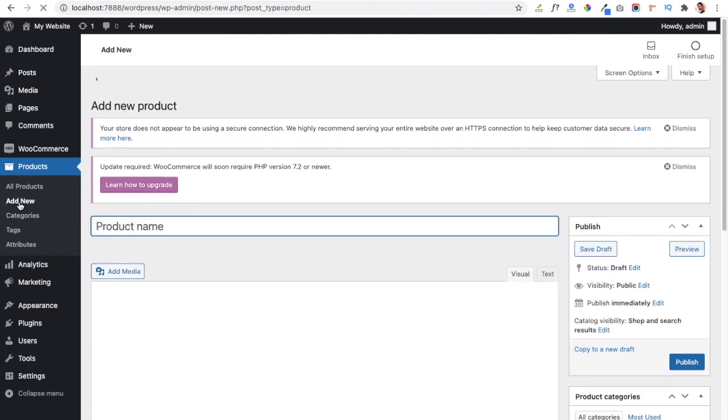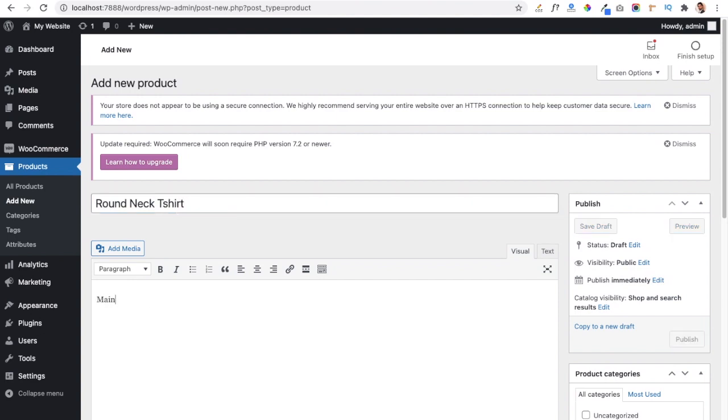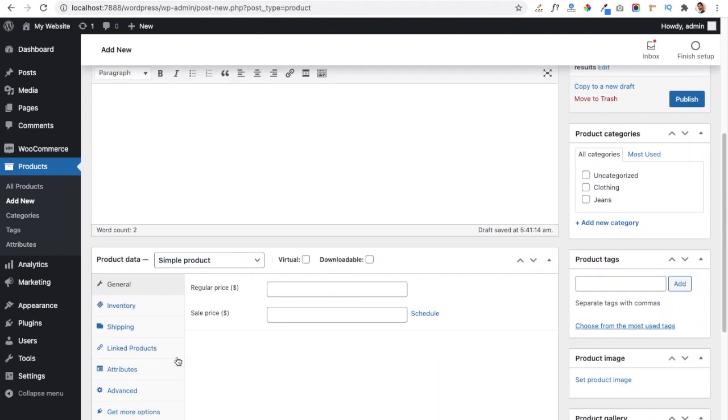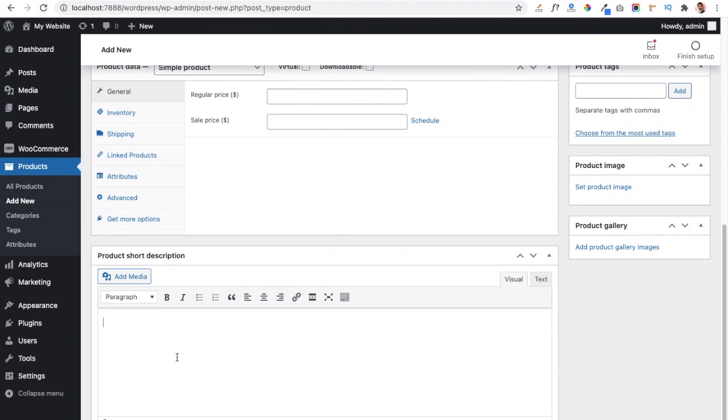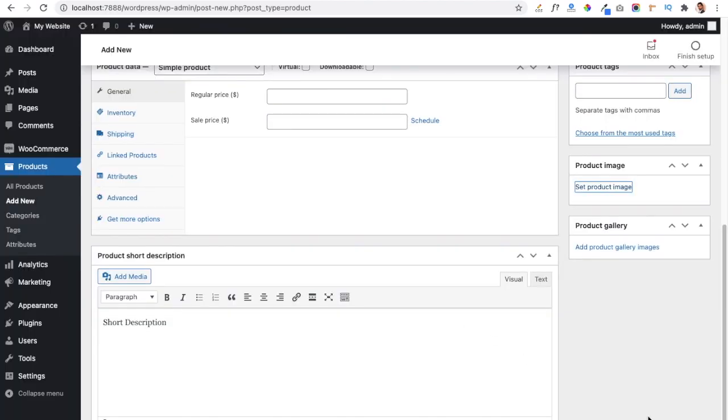Here I am going to create a product with the name t-shirt, or we can give round neck t-shirt, and here again we are going to write the main description, and again we are going to write here the short description. Now we have to initially give the default product image of our t-shirt. So we are going to select a red color t-shirt here. It will be showing as a default color,